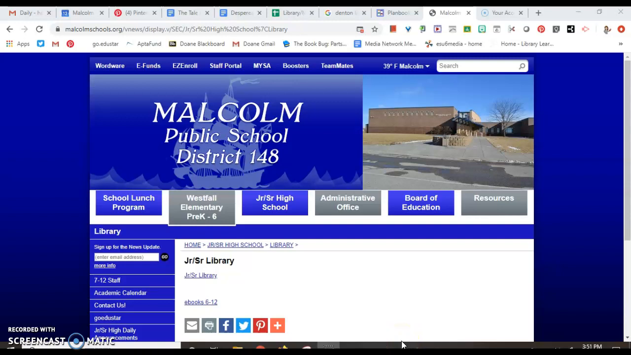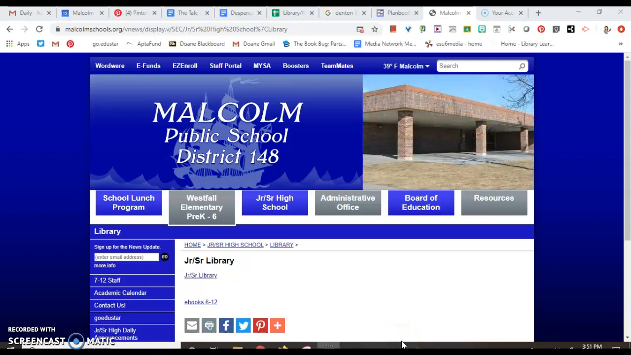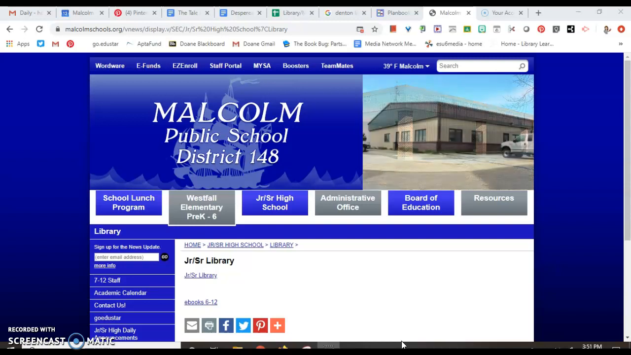Hi there, students. I wanted to give you a quick rundown on how to access the library catalog from your computer so you would know where to go. This is going to help you get any books or materials that you need